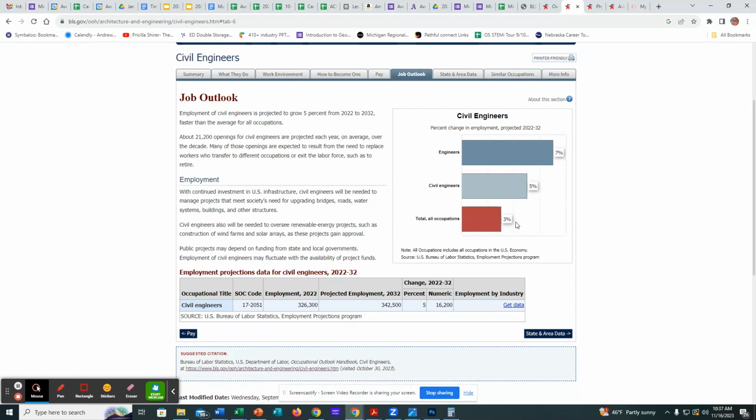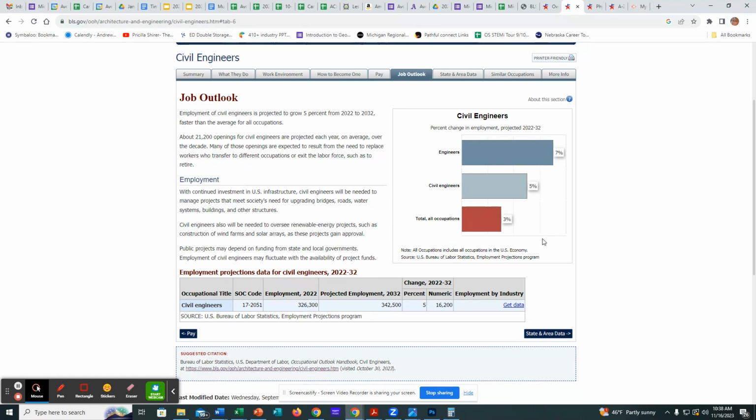So anything above 3% is above average, which means you have a better chance of getting that job. So this is nice because it compares all engineers versus civil engineers. So civil engineers is actually lower. This was not true 5 years ago. 5 years ago, civil engineering was blowing up and it had a really high percentage. Now it's going down because a lot of students have gone into that and there's a lot of people in